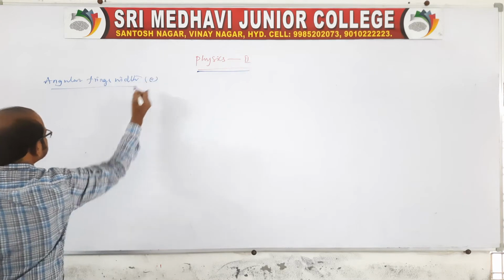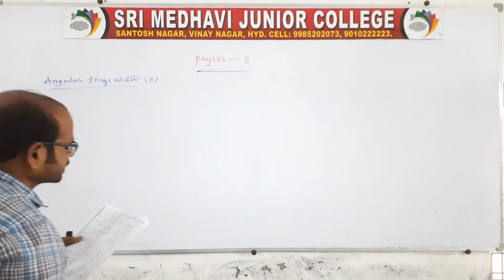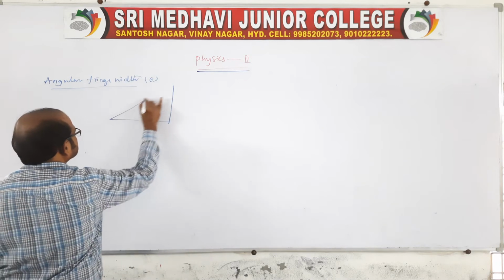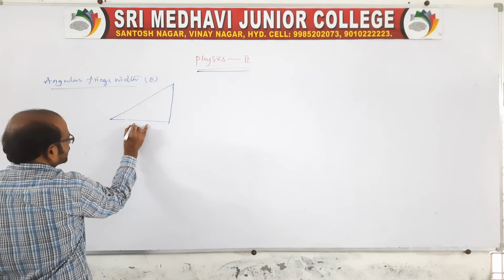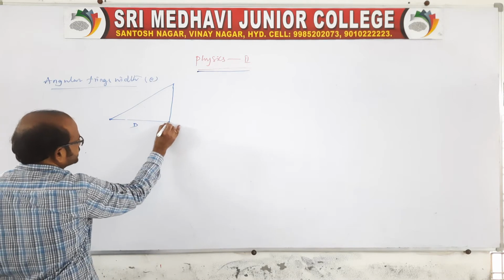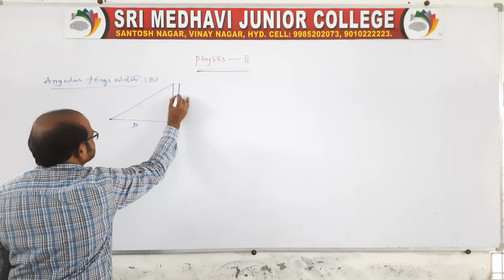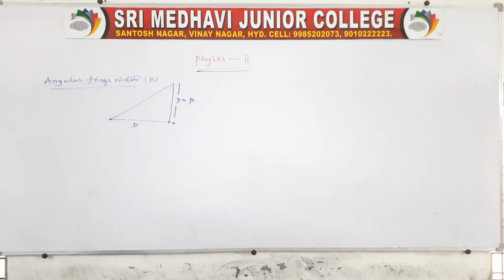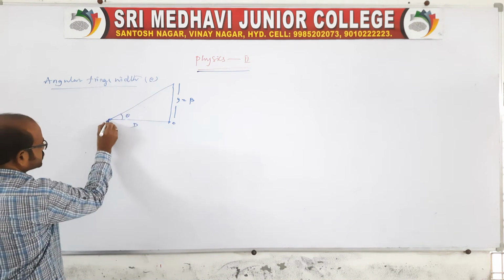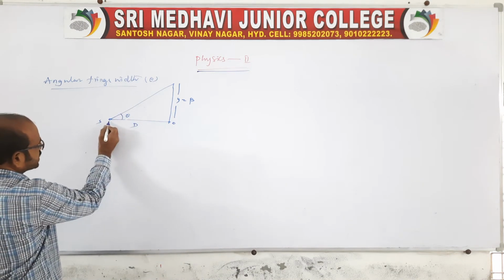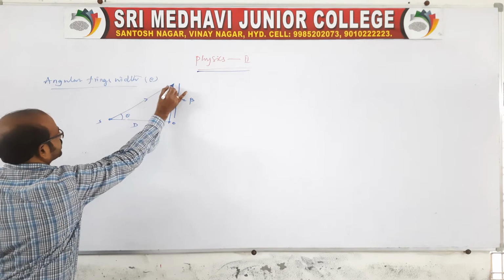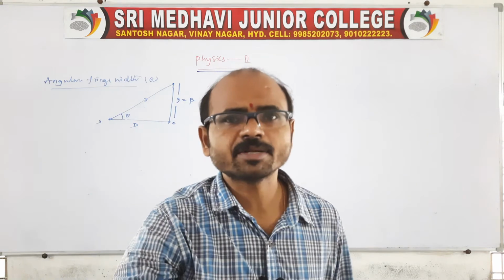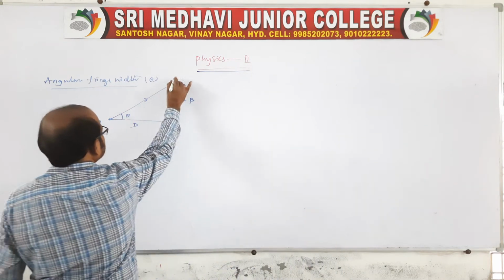That is, you say theta. Sir, what will happen to the angular fringe width? Suppose you take a diagram. This is the capital D, the slit, and this is the central maxima, and there is a distance y, or instead of y we can also say fringe width beta, which makes an angle theta. The source is emitting through the slit, therefore an interference maximum or minimum is formed at a point P.